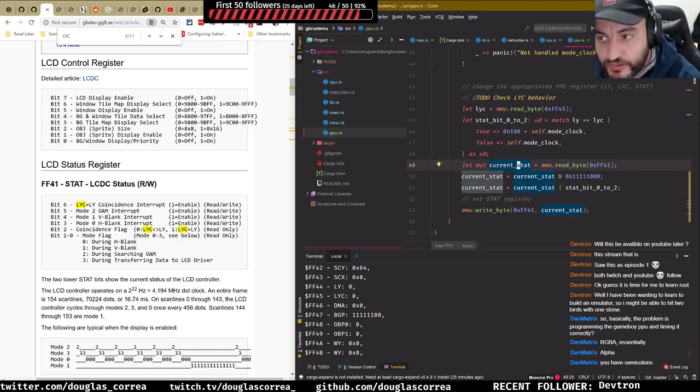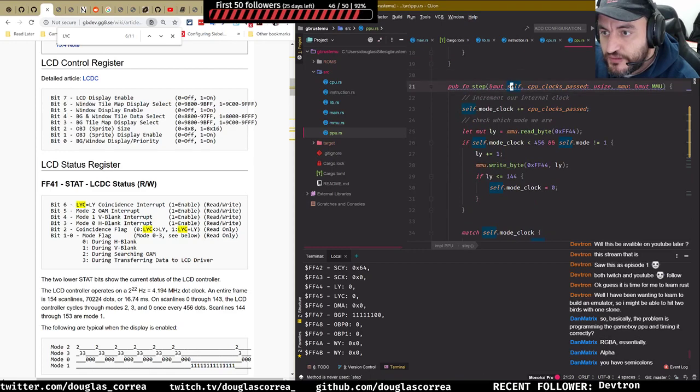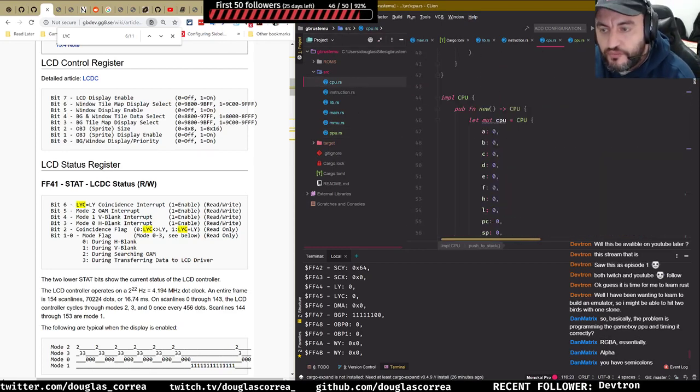Let me try to explain my thoughts, and maybe it's wrong, but we will be executing this step on every CPU cycle. So we will be passing how many clocks have passed since the last clock. So for doing that, I think